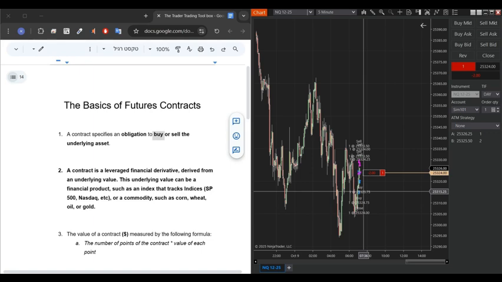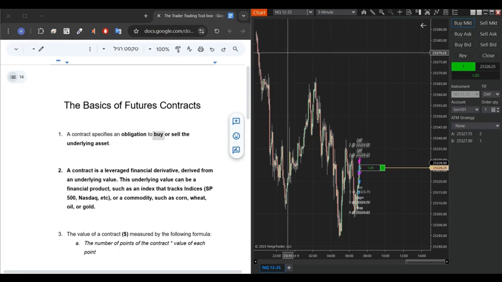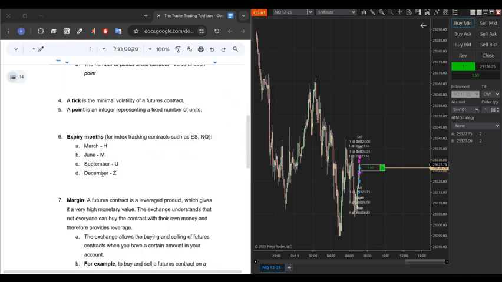Now, you're probably asking yourselves, wait a minute, if you're now actually buying a futures contract, then when exactly do you have to fulfill your obligation? Or in other words, when does the settlement take place? For example, if you are currently buying a Nasdaq futures contract, which is commonly referred to as the NQ, are you actually obligated to buy the underlying asset, which is the Nasdaq index? And I'll answer that question now. The short answer is on the expiration dates.